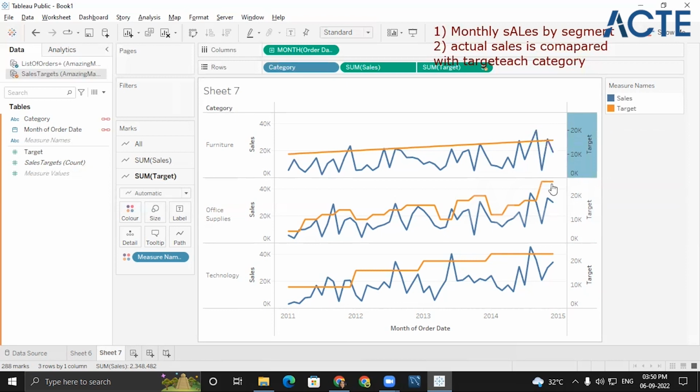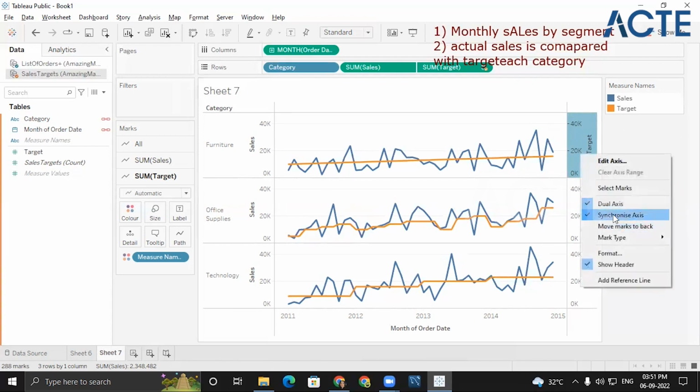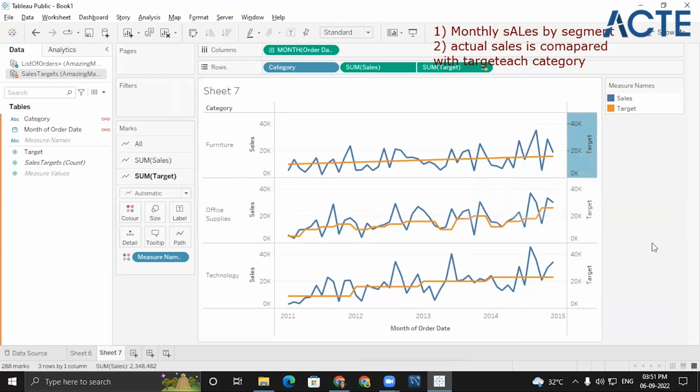Here look, my target is extending around 30K. I have 26K. Here you see, so both the things are working. Now, are you able to see? What I did is I synchronized the axis. Now it became the same. So now you tell me